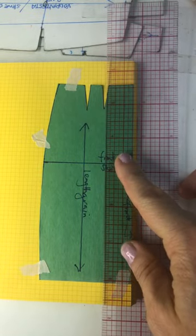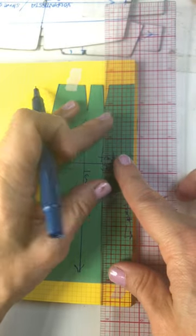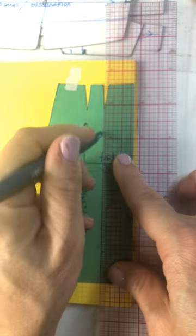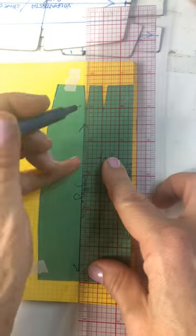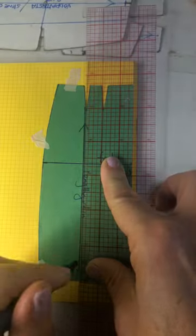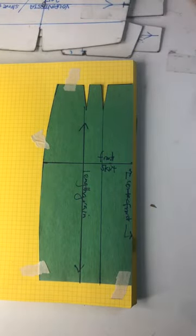Not in real life. We're slashing the pattern of the skirt. Okay. No clothes were harmed in the development of this video. Promise. Okay. Slashing the skirt. What is beautiful about this is